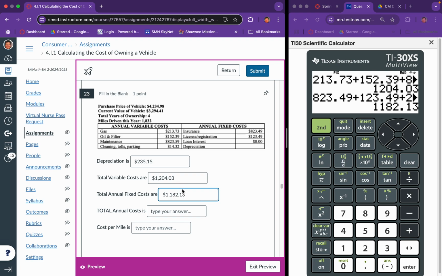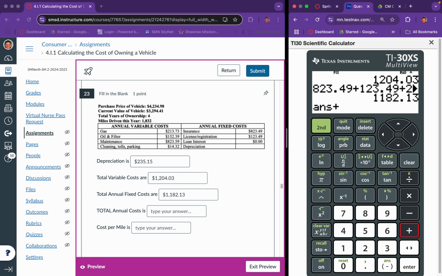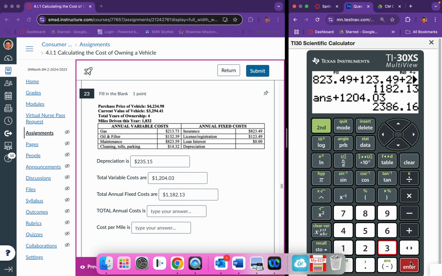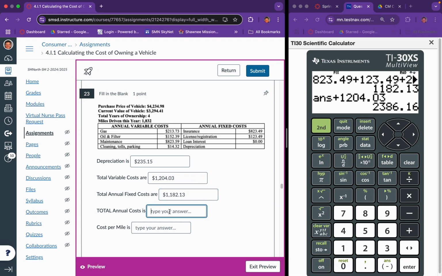So now we're going to add these two numbers together. This number is already on your calculator. So we're just going to go plus, and we're going to add this $1,204.03 to find that in total this year you spent $2,386.16. So if you went back and you counted up all the money you spent on gasoline, oil, filters, maintenance,